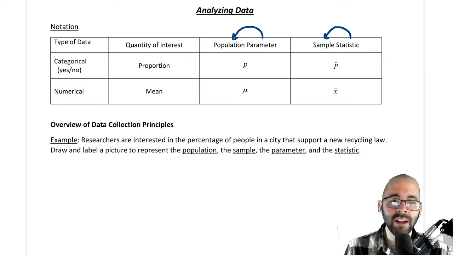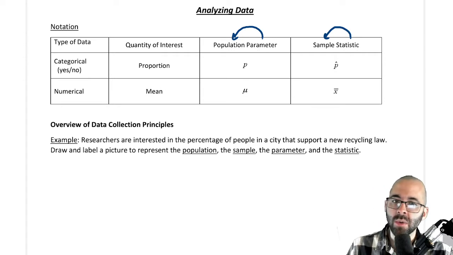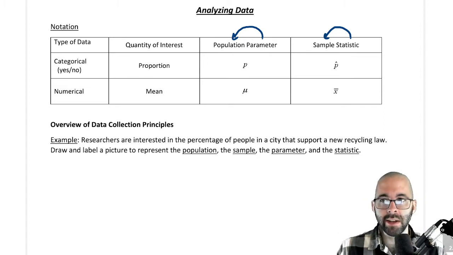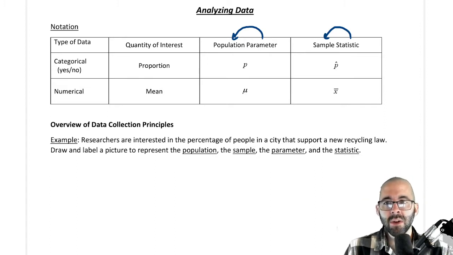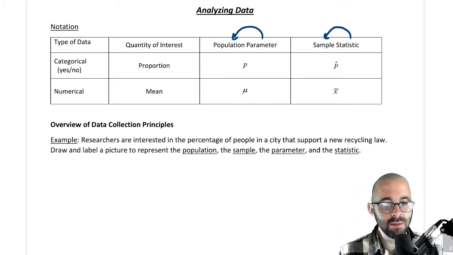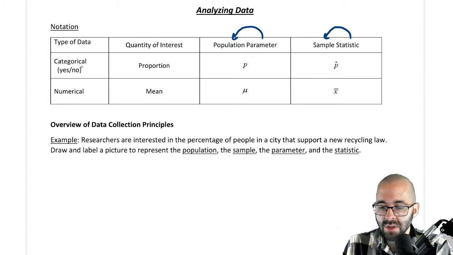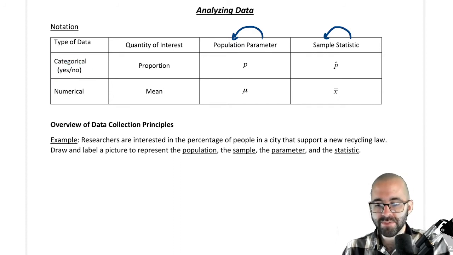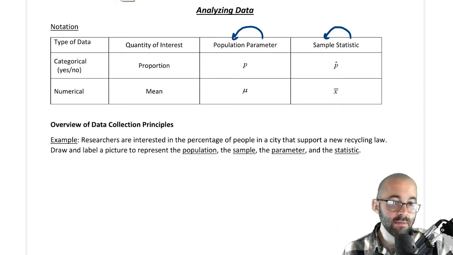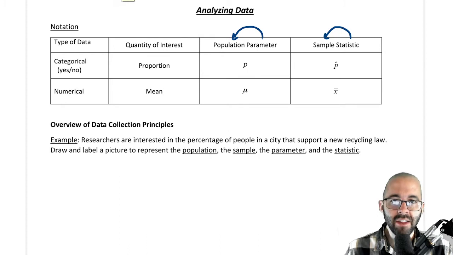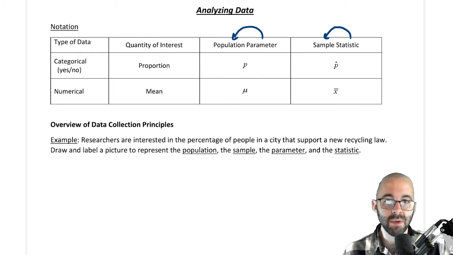When we're looking at categorical data, we're usually getting words, but sometimes ratings or identifiers, could be numbers as well. A lot of times it could even be a thought process. Categorical could be, do you support this new measure that is being voted on? Categorical is going to be yes or no things. How many people gave a rating of 3 or higher? Well, did you give a rating of 3 or higher? Yes or no? When we talk about data, that's what these parameters are going to be. That's what these numbers are going to be.